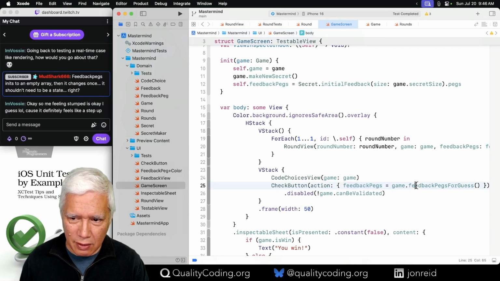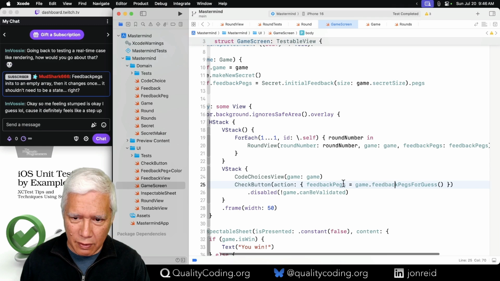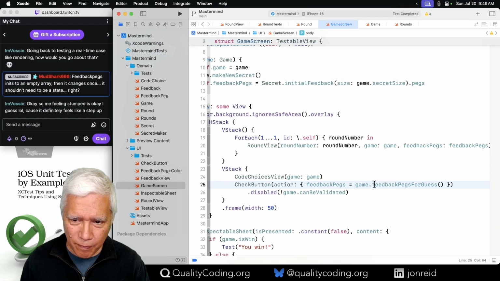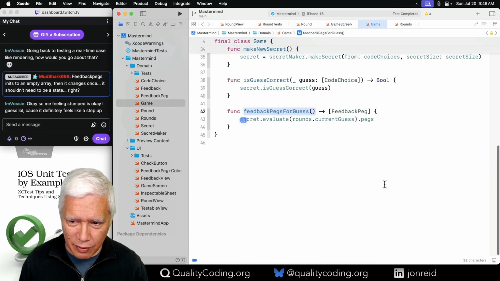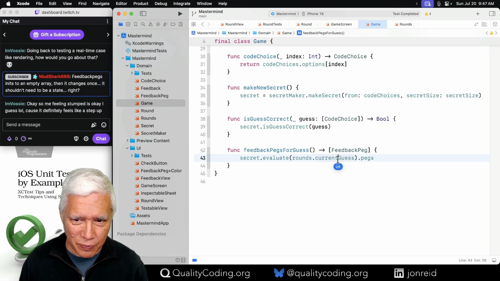This should just update the game. Right now, it is returning a new set of pegs for the current guess, when it should, let's see if we can do this.